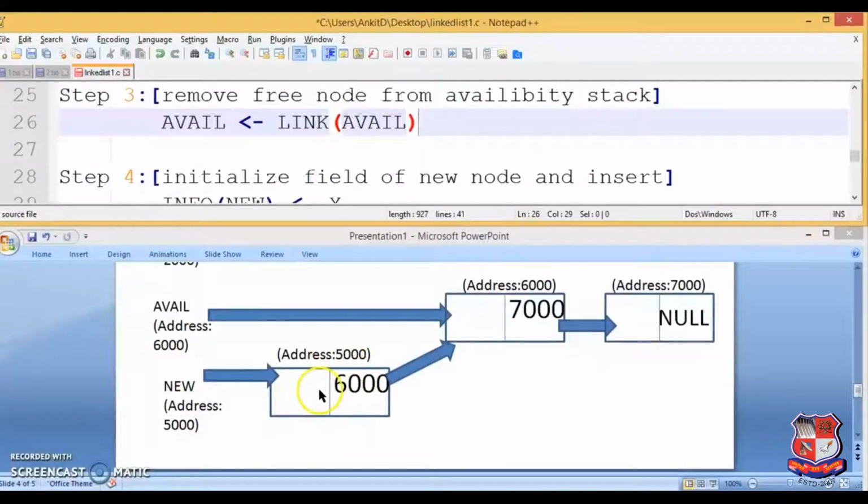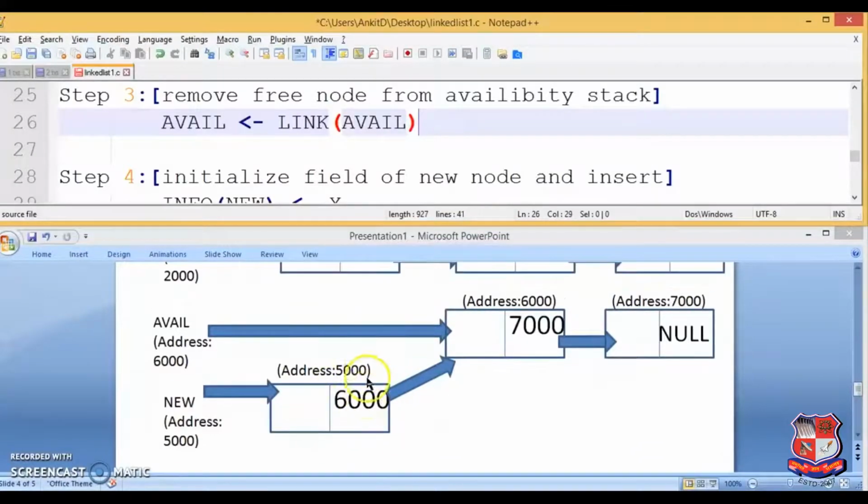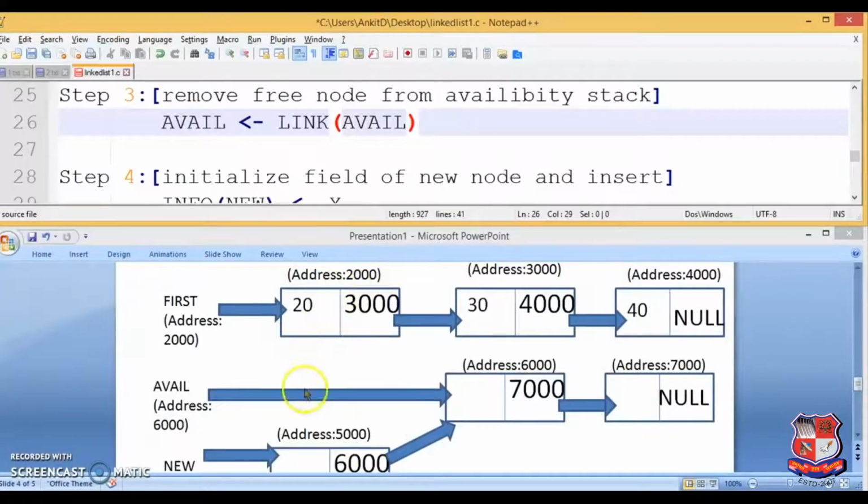But as you can see, the earlier address was 6000, so it will still continue to point to this node. So again multiple pointers pointing to the same node. What we will do further is put it as null, and then insert the address of 2000 over here, so that this whole node will come in between, and then the address of 5000.